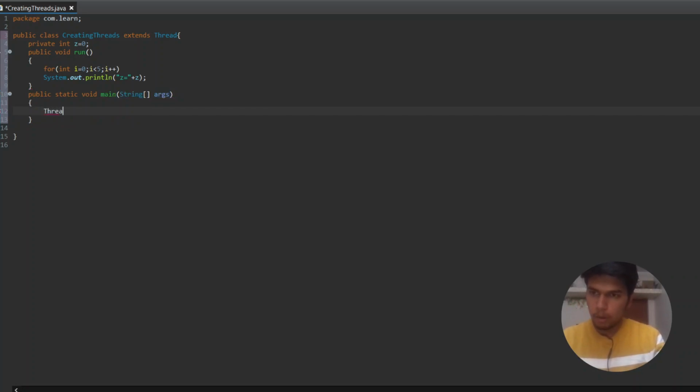Now I am going to create an object of thread class. Let me name it T1. You can name it anything you want. I am going to initialize it by creating threads class.